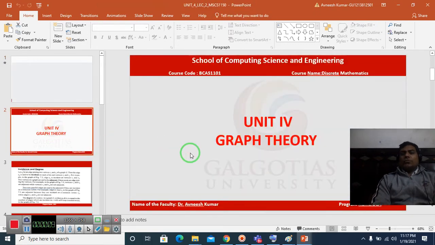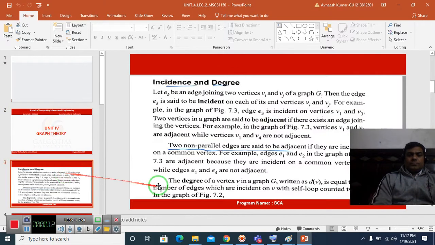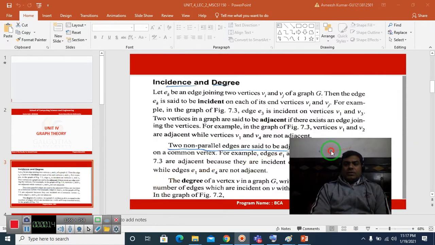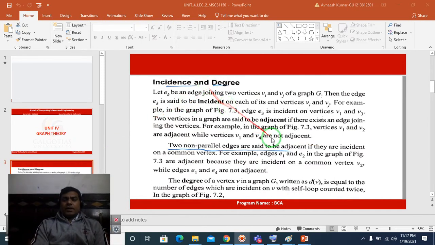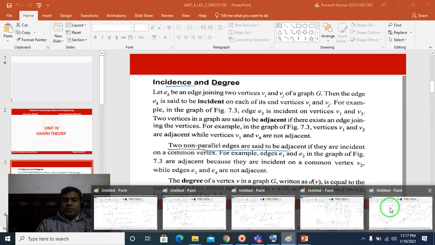Second lecture of 4th unit. Now we will discuss incidence and degree. Actually, incidence means that when a vertex is coming, and